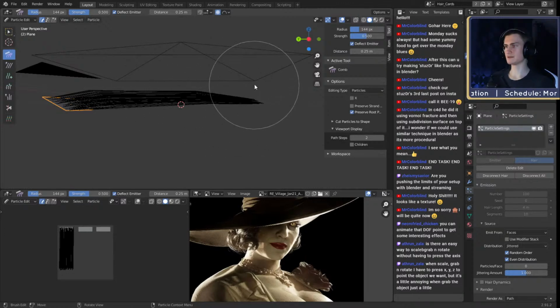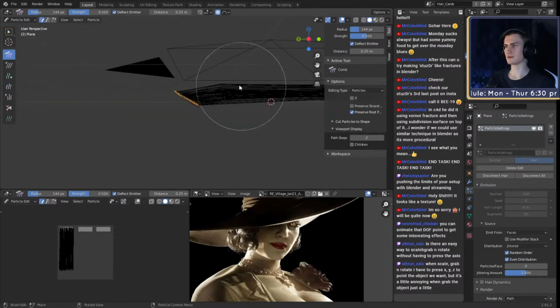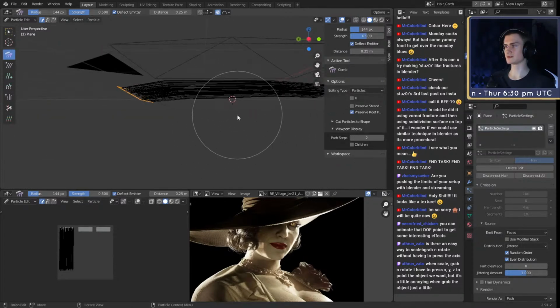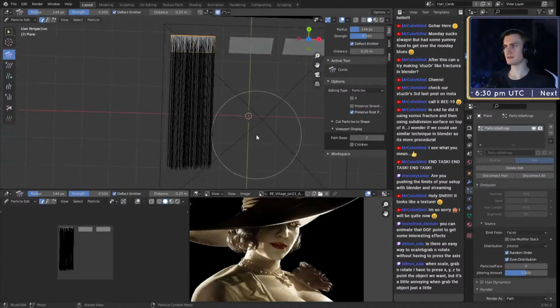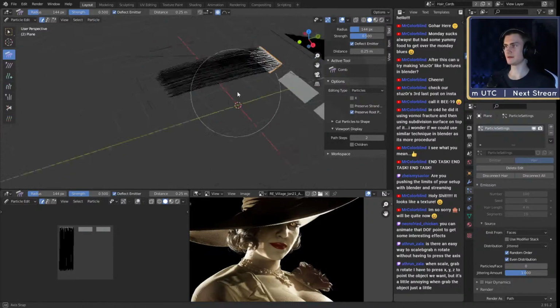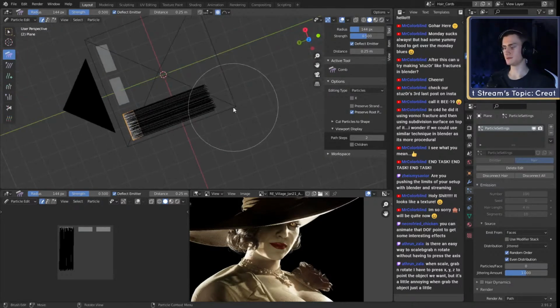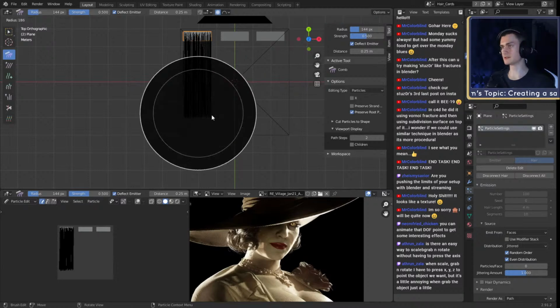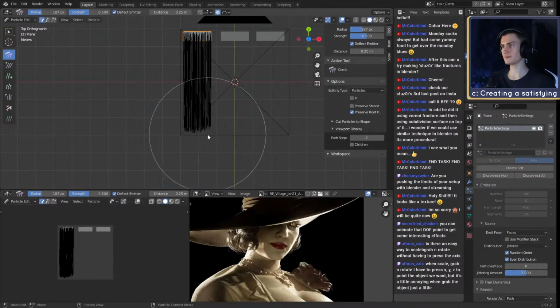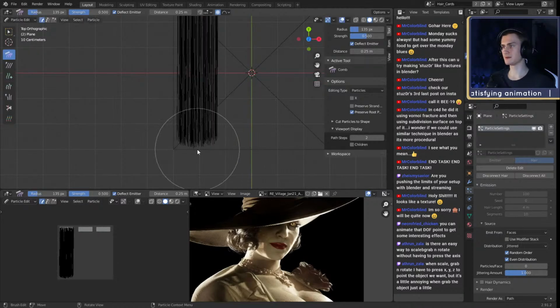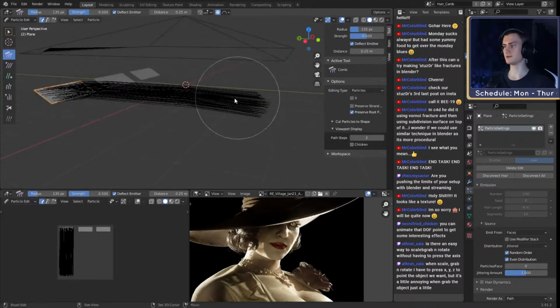What I see right now is that the segments are quite low, but I think that's not a problem in the end. Okay, let's see. They should be quite straight down. What we want to change though is the length. So what we can just do is go in here, go to orthographic view in the viewport and brush them down so they reach all the way to the bottom. Something like that. Maybe a little bit less so we can adjust the settings some more. Yeah, something like that should be good.